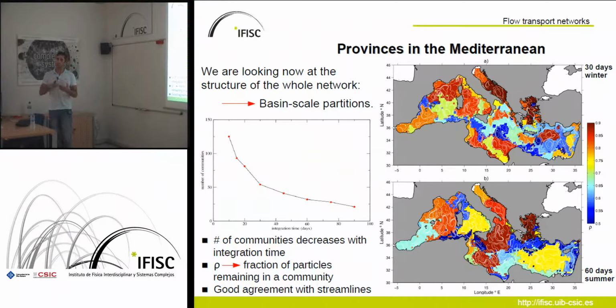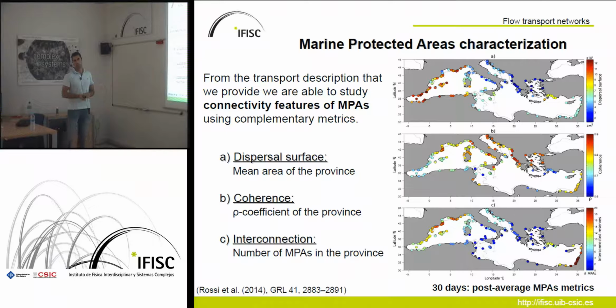Well, okay, just a few words about a practical application of this. We know that in the Mediterranean Sea there are several marine protected areas, okay? But we don't know precisely how much and how they are connected between each other by the flow. And this is important for the problem of connectivity at biological level, because larvae are advected by the flow. So biological connectivity is determined, not only, but it's important to understand how it is determined, by the ocean currents.